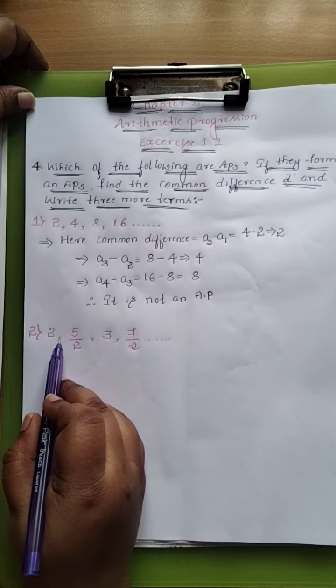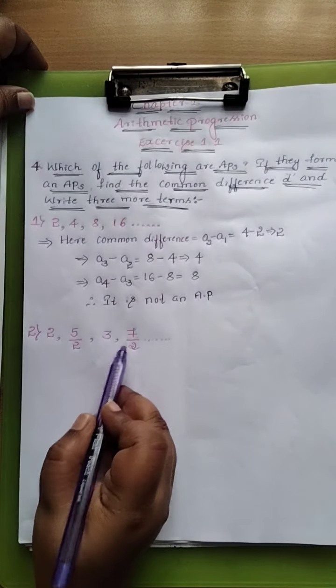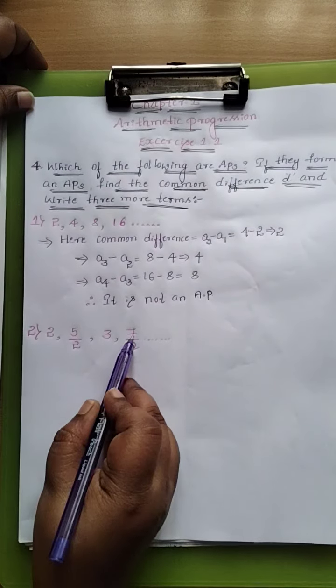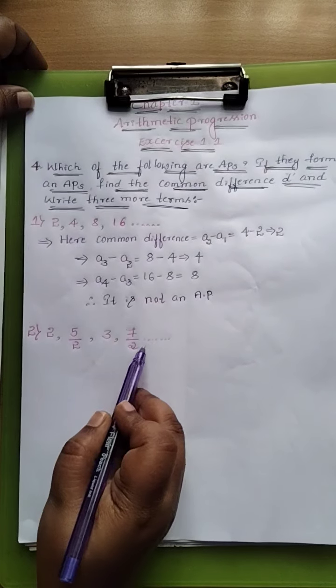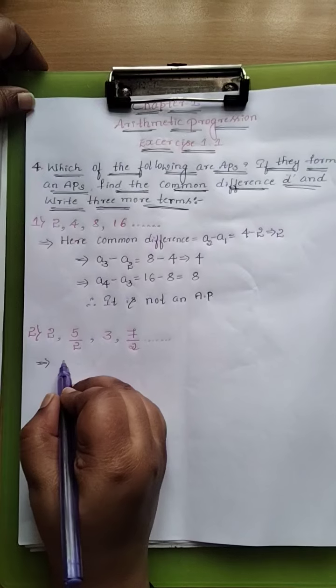The second one is 2, 5 by 2, 3, 7 by 2. Here the first term is 2, 5 by 2 is the second term, 3 is the third term, and 7 by 2 is the fourth term. By using this, we need to check whether it will form an AP or not. First, solve the problem. Now subtract